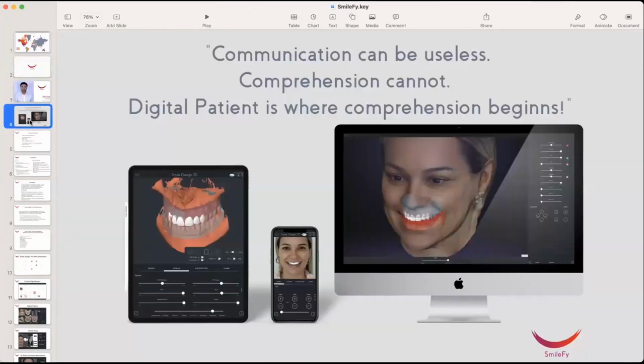One of the most important philosophies of SmileFi is communication can be useless, comprehension cannot. The digital patient is where comprehension begins. So what we do with SmileFi, we create a digital version of the patient using pictures, intraoral scans, CBCT, facial scans, whatever you have. And then we create the calibration, we create a digital patient, and we start using the digital patient for all our